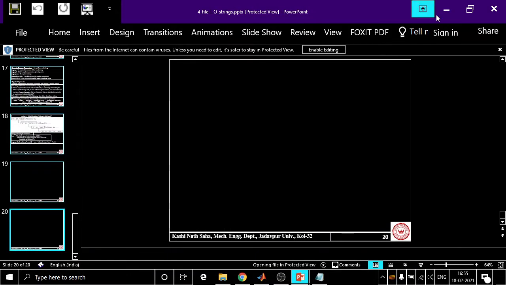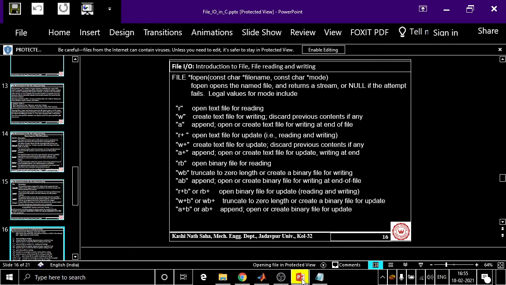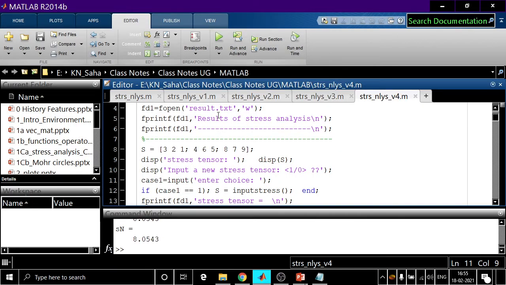So let us go into our MATLAB program. The new feature we have added is that the results are written in a file. The file is named result.txt.